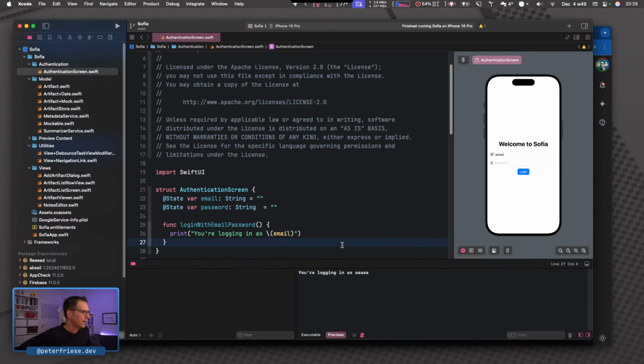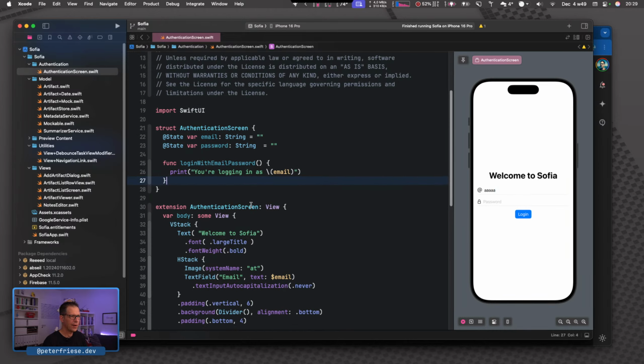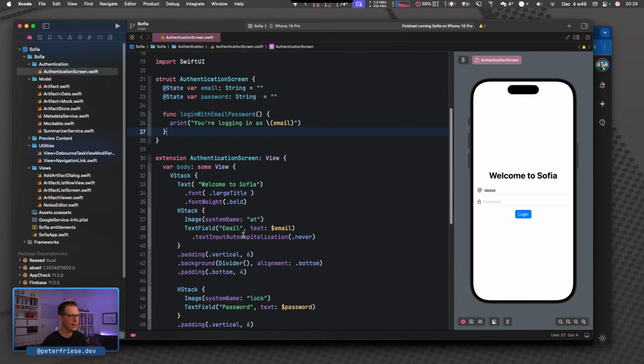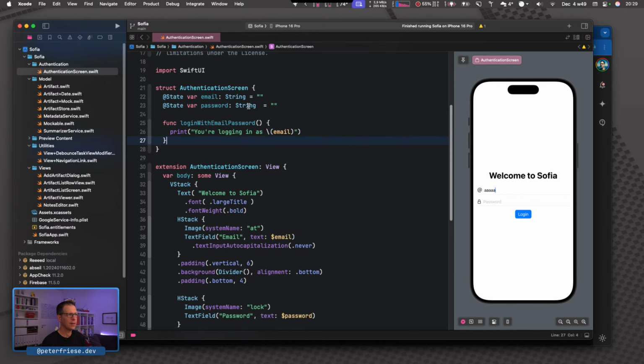Okay, perfect. So that is a bare bones login screen, and we'll keep it at that for now. And now let's actually implement the login process.